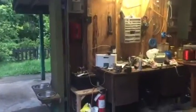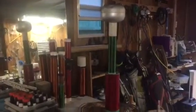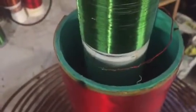I made some modifications to my Tesla coil, and let's go over it. All right. What do we have here? Alrighty. So I added a second coil